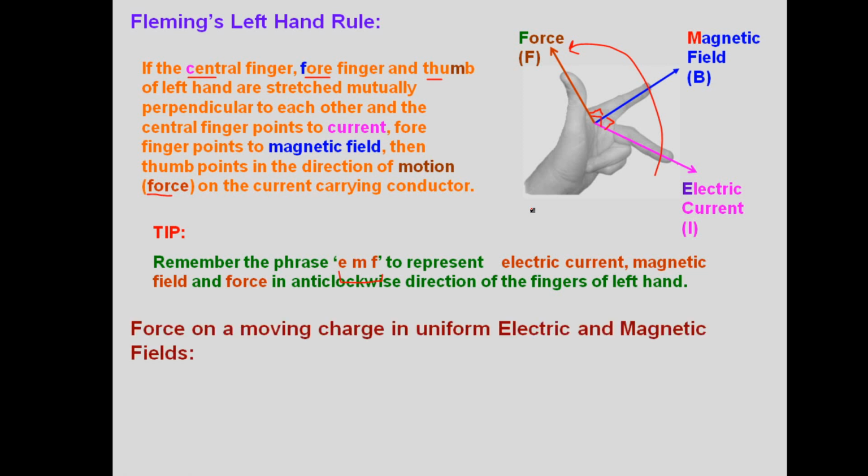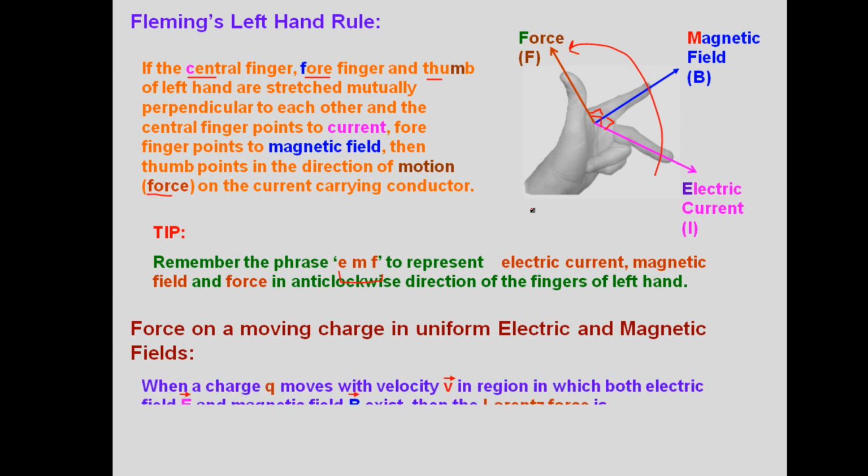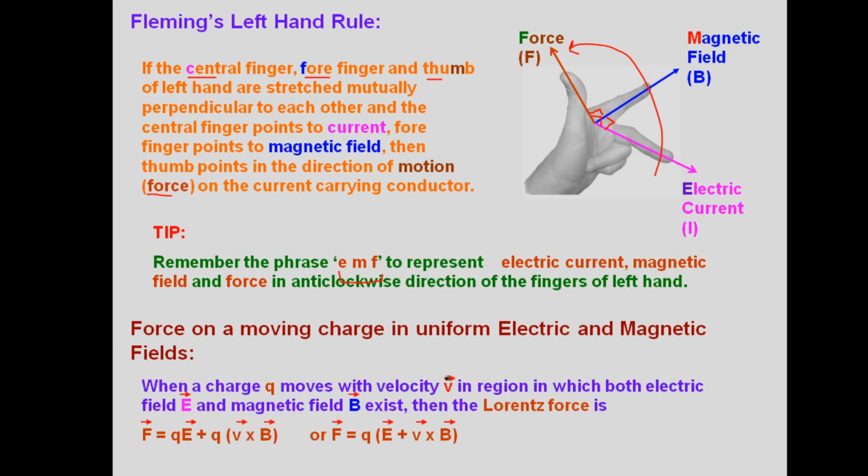Then, force on a moving charge in uniform magnetic and electric field both. If both the fields are present, then in electric field we already know that electric field exerts force EQ on the charge. Along with that, magnetic force will be added up, and hence when a charge Q is moving with velocity v in a region in which both electric and magnetic field exist, then the total force,